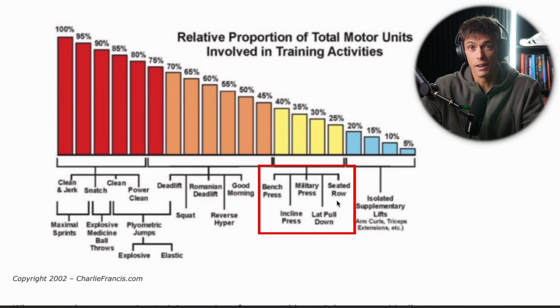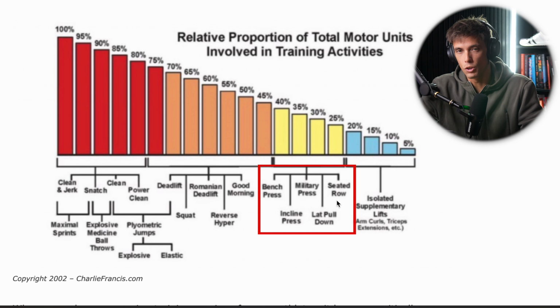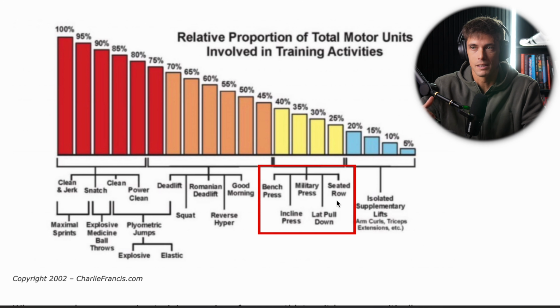Even if you're going very heavy on bench, it's not going to tax your CNS very much because it's not a large enough muscle group as a whole to really fry up your central nervous system. Seated rows, lat pulldowns, pretty much all this upper body work is bigger upper body work, I should call it, whereas this is just arms and smaller muscles, right? You're doing some forearm work. You're not really taxing the system.